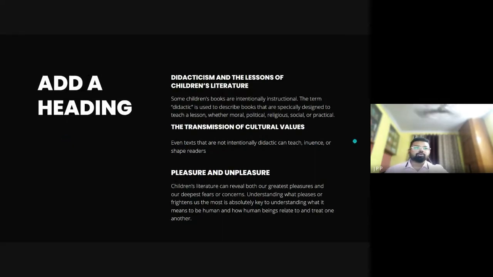Moving on, the next one is didacticism and lessons in children's literature. Some children's books are intentionally written in a very instructional manner. The term didactic is often used to describe books that are specifically designed to teach a lesson, whether moral, political, religious, social, or practical. So what you can see is that if you think about Aesop's fables,